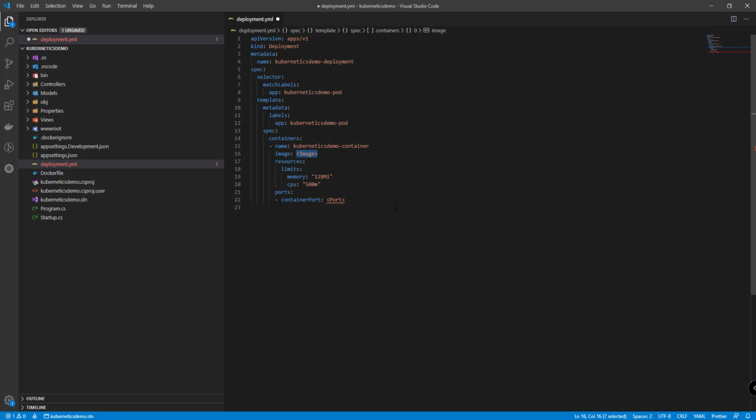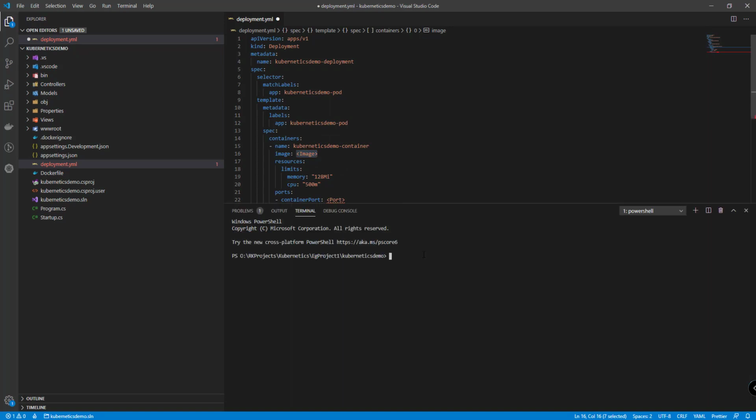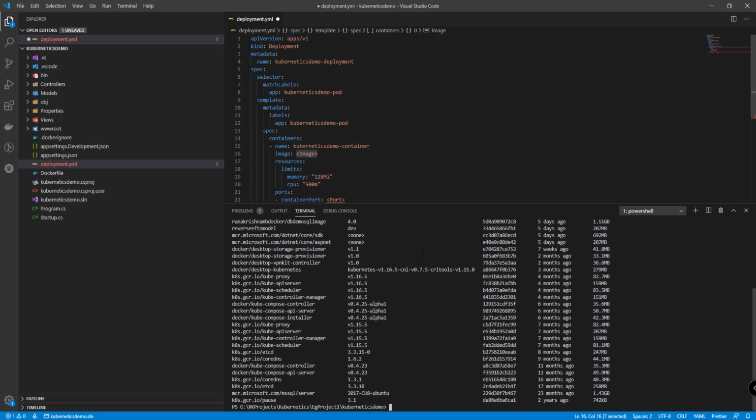Where do we get the image path? Let us open our terminal, docker images.